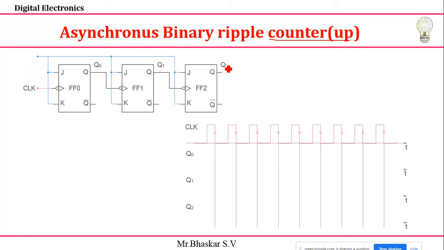I already told that if it is 3 bits, then definitely I need to consider 3 flip-flops. Then what type of flip-flop do I need to consider? For this counter explanation, I'm going to take a JK flip-flop. Easily you'll get the values. You can design by using any flip-flop. We'll design that one when we come to the design part, with the help of different flip-flops. But in this case, I'm going to use a JK flip-flop for easy understanding.